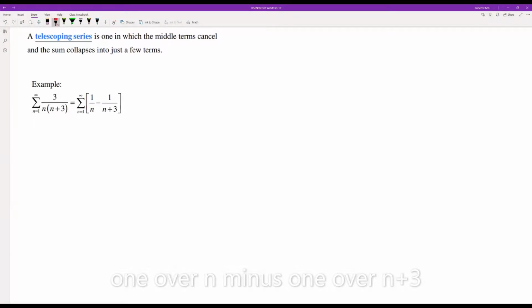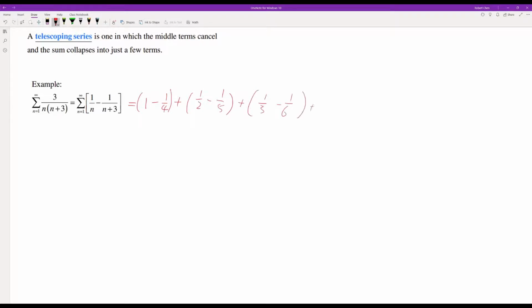I'm just going to write out the first few terms. All right, so we have 1 minus 1/4 plus 1/2 minus 1/5 plus 1/3 minus 1/6 plus 1/4 minus 1/7 plus 1/5 minus 1/8 plus 1/6 minus 1/9, and I'm going to stop there. Okay, so you can see that